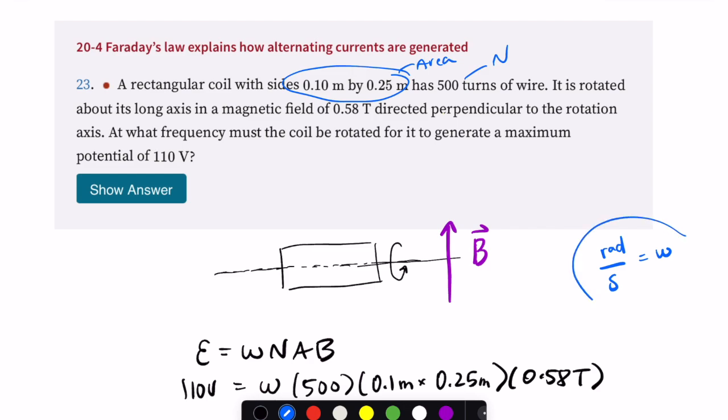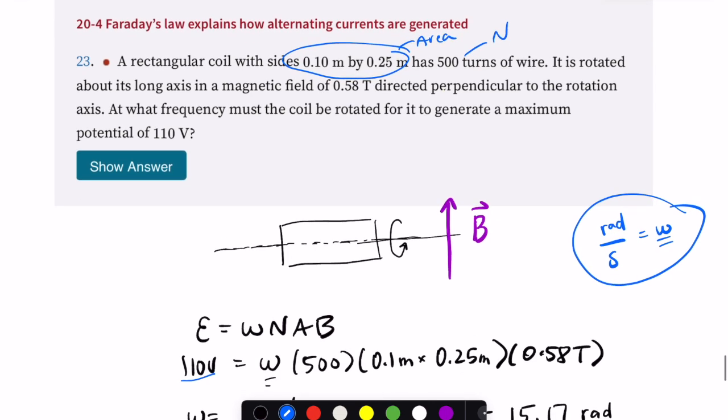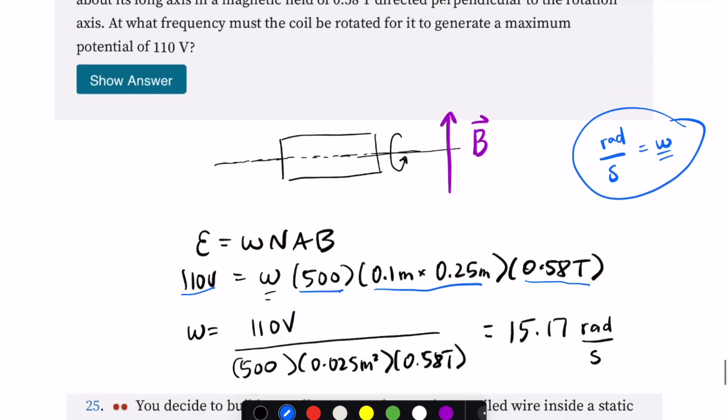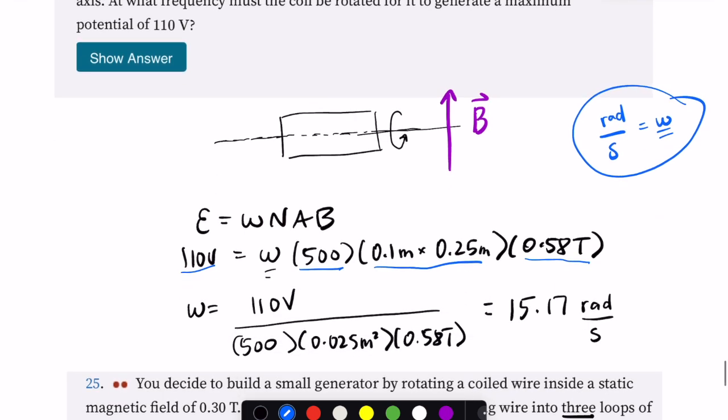So we're solving for omega. We want to find out how fast we need to spin this thing in order to get 110 volts out of it. Because remember, the faster you spin it, the more volts you get. So we're going to plug in 500 for the number of turns, the area in SI units, and the magnetic field that's constant. And we're going to solve for omega. And when we do that, we get